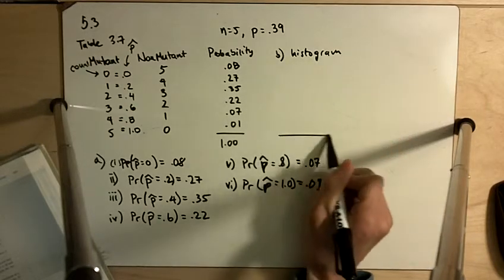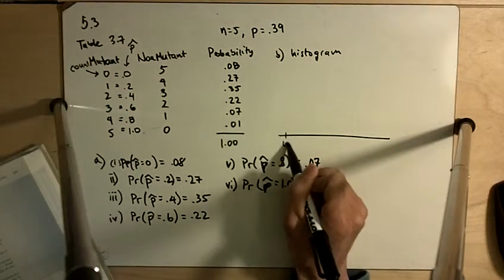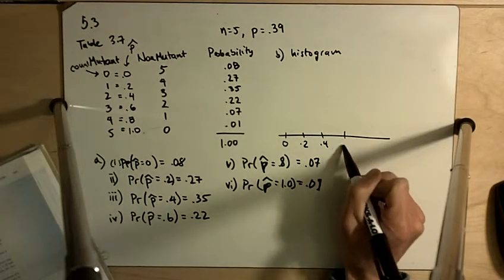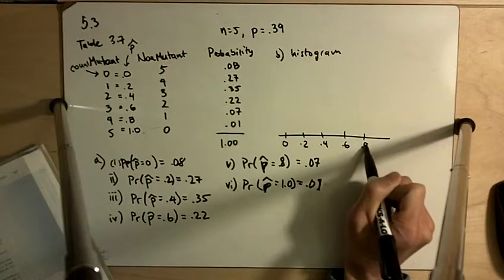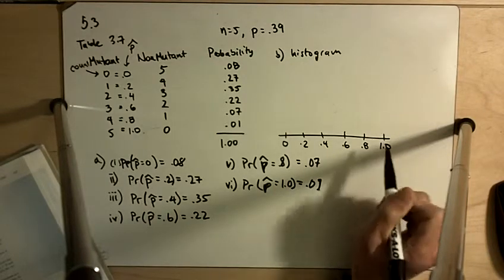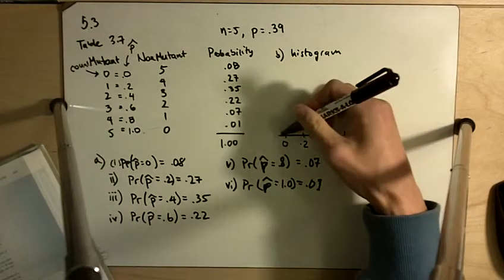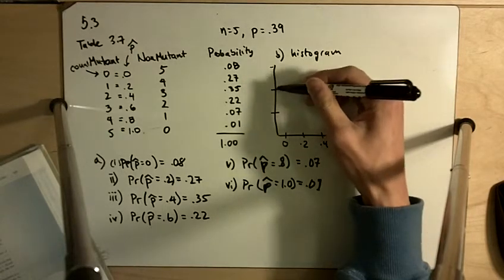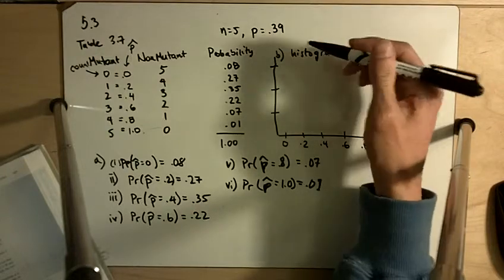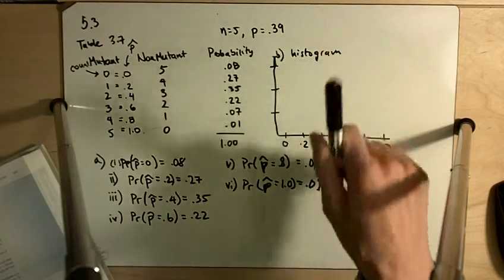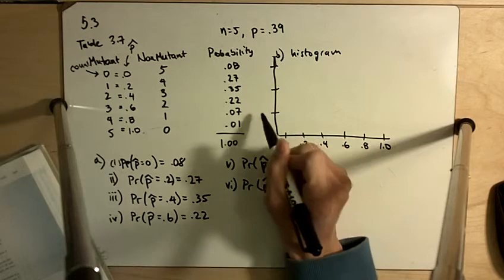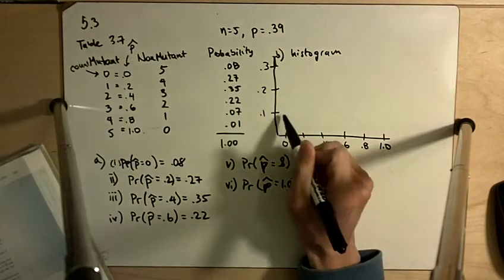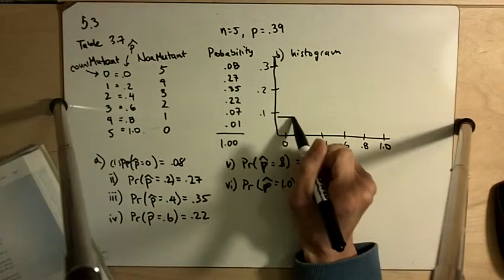So instead of counts going across the bottom, we go from 0, 0.2, and this goes all the way up. Okay, so I guess 35 would go up there to there. So this 0.1, 0.2, 0.3, 0.08 goes up to here,